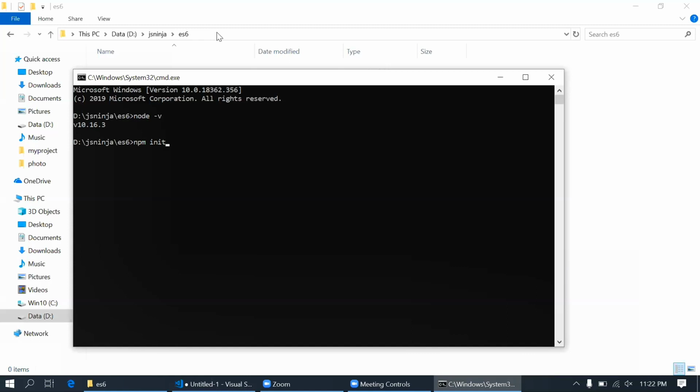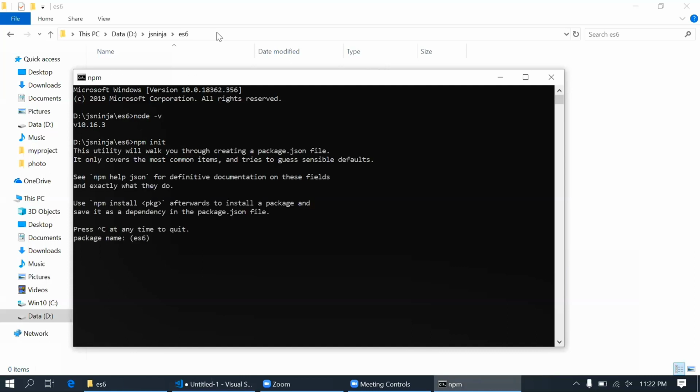What npm init will do is initialize the Node package manager file, which is called package.json. Basically, package.json is the metadata of our project. In package.json, we will have the dependencies and the dev dependencies, all those related things. Next, here we are giving the package name as JS Ninja, version will be 1.10.0. Description will be a sample app. Whatever you wish, you can give as your description. After that, just press enter.